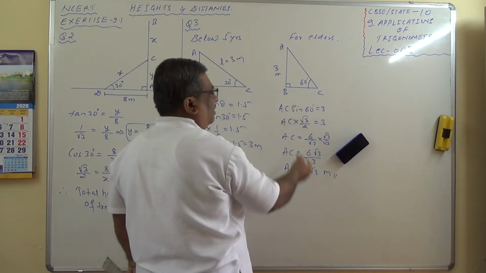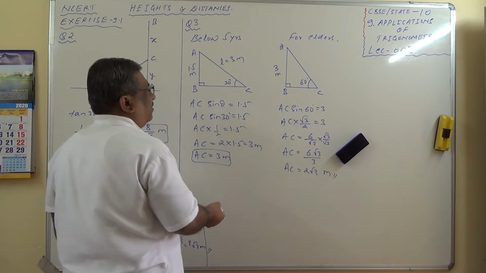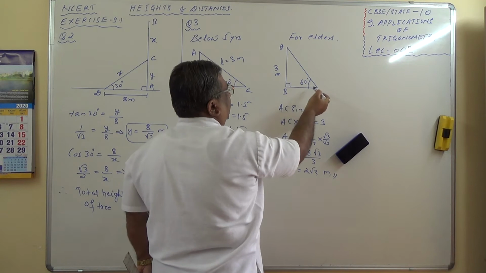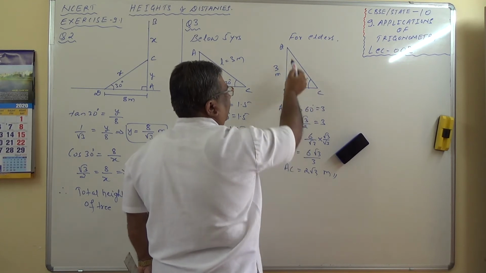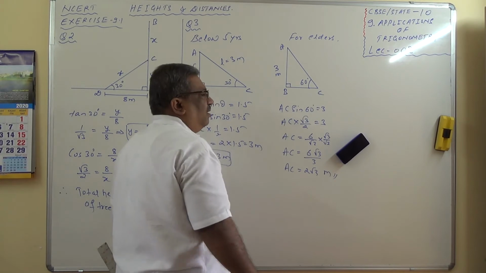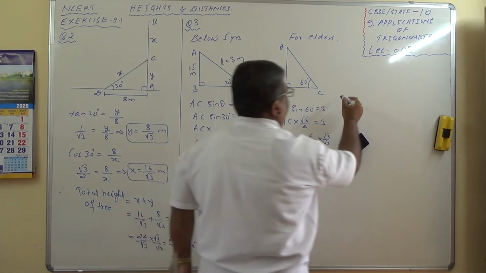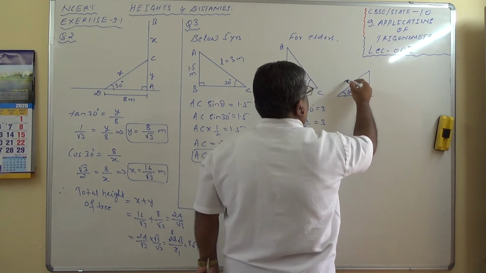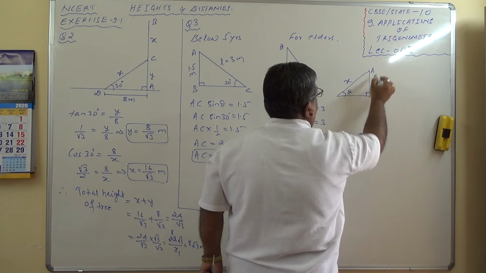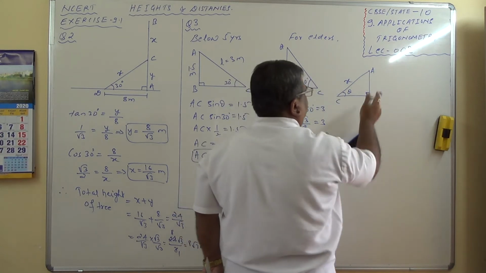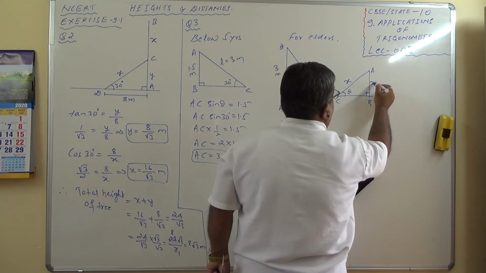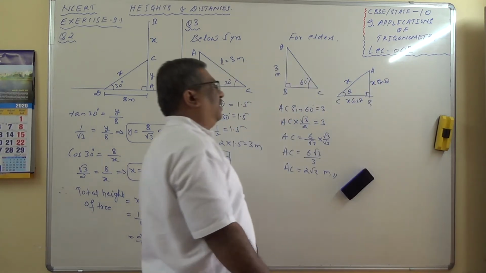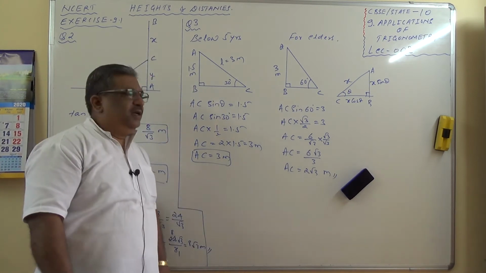Why did I take this directly here? For your information, to make trigonometry quite easy, if this is the hypotenuse, then AC sine 60 equals the opposite side, AC cos 60 is equal to the adjacent side. That you should remember. For example, if I draw a diagram something like this, 90 degree, and this is theta here and this is x here and A, B, C. In this case, this side is x sine theta and this side is x cos theta. You should remember that so that T ratios can be taken very quickly. Make a note of this.